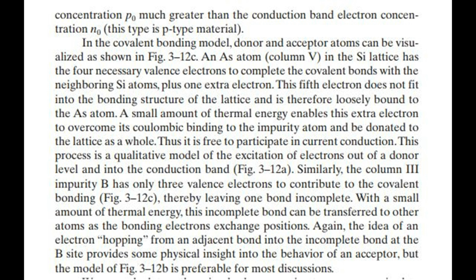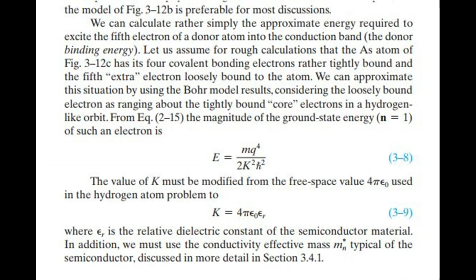We can calculate rather simply the approximate energy required to excite the 5th electron of a donor atom into the conduction band, the donor binding energy. Let us assume for rough calculations that the As atom of Fig 3.12c has its 4 covalent bonding electrons rather tightly bound and the 5th extra electron loosely bound to the atom. We can approximate this situation by using the Bohr model results, considering the loosely bound electron as ranging about the tightly bound core electrons in a hydrogen-like orbit. From Eq 2.15, the magnitude of the ground state energy, n equal 1, of such an electron is: